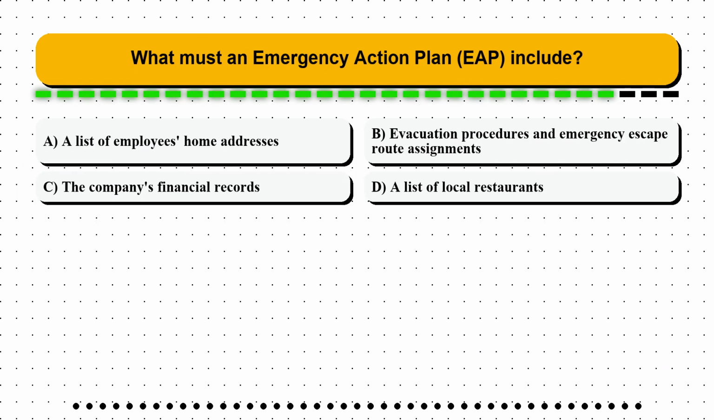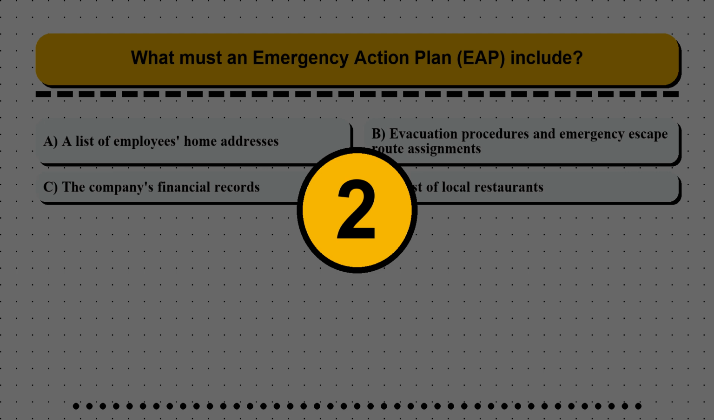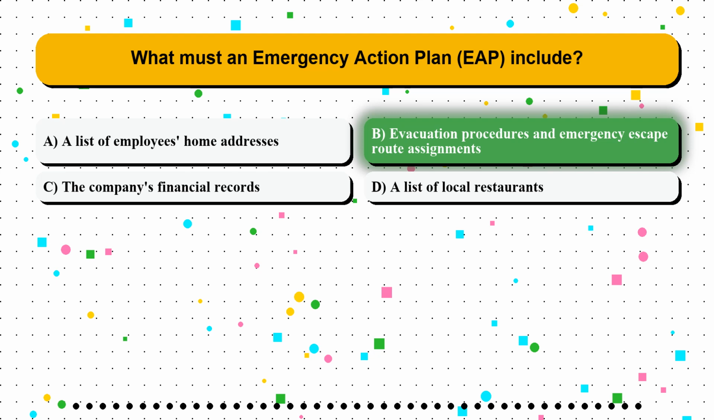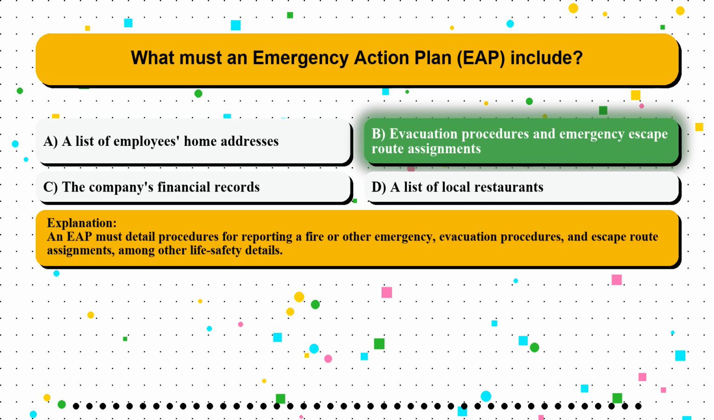Question 26. What must an emergency action plan, EAP, include? Option A, a list of employees' home addresses. Option B, evacuation procedures and emergency escape route assignments. Option C, the company's financial records. Option D, a list of local restaurants. The correct answer is option B, evacuation procedures and emergency escape route assignments. An EAP must detail procedures for reporting a fire or other emergency, evacuation procedures, and escape route assignments, among other